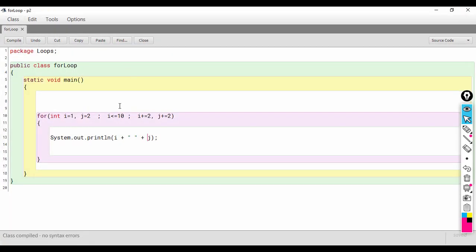So, this is known as multiple initialization and multiple update. So, you can have any number of update statements and any number of initialization statements separated by a comma. But remember that you will always have only 2 semicolons in any case.